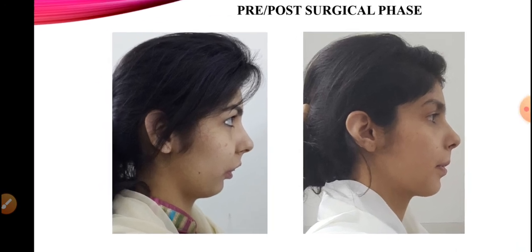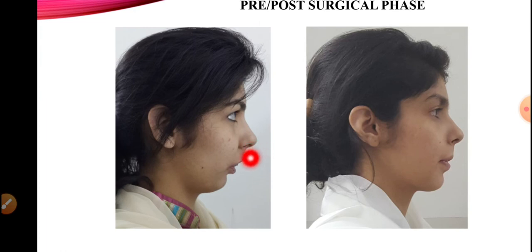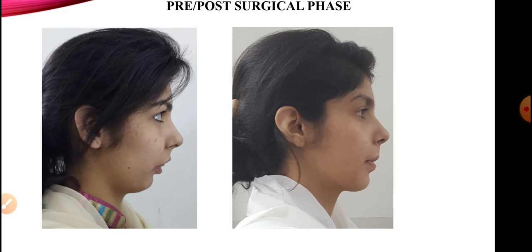As we can see here, the patient has a prognathic maxilla, a retrognathic mandible, and a severe skeletal class 2 discrepancy. She was given an orthodontic and orthognathic protocol in which the mandible was brought forward. The maxilla was not retracted because we can already see that the nasolabial angle is quite obtuse.